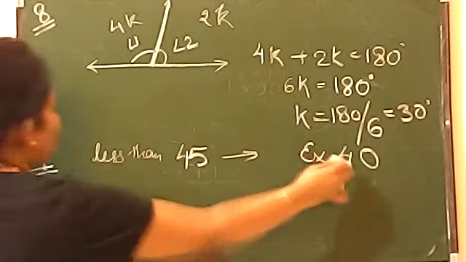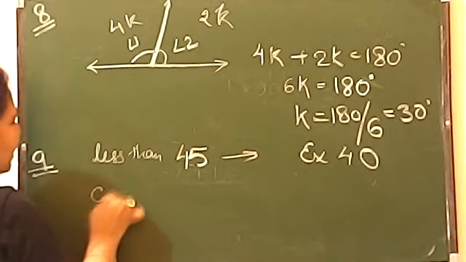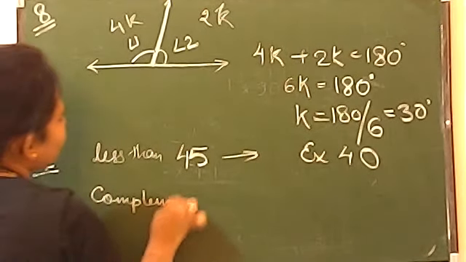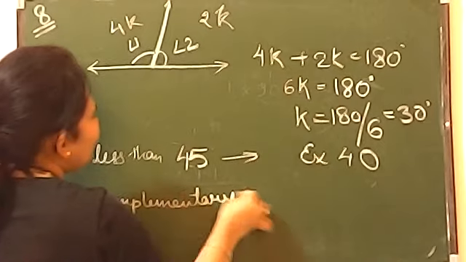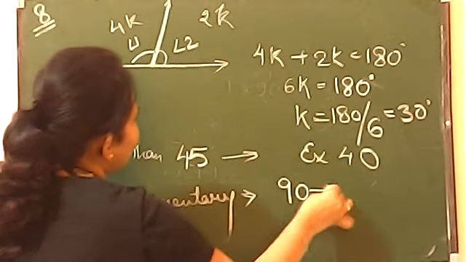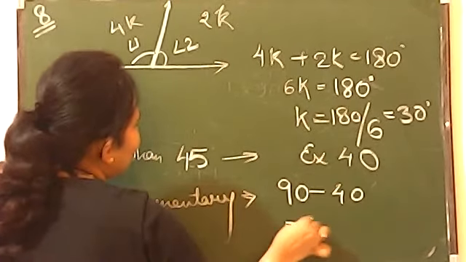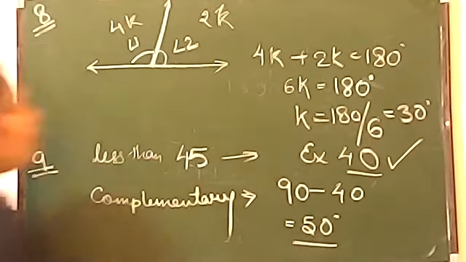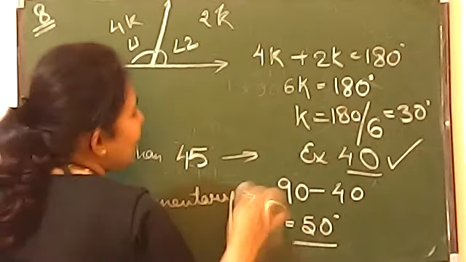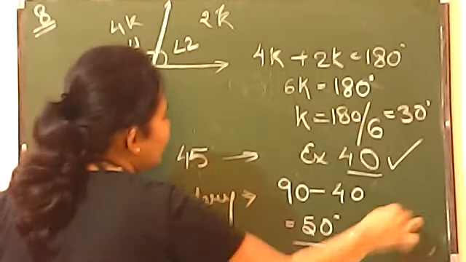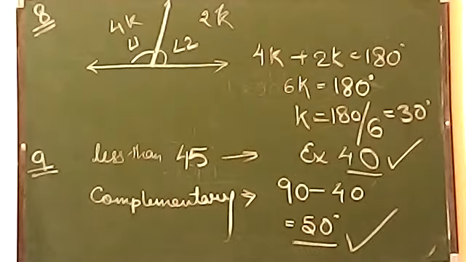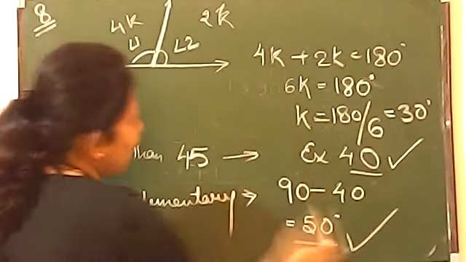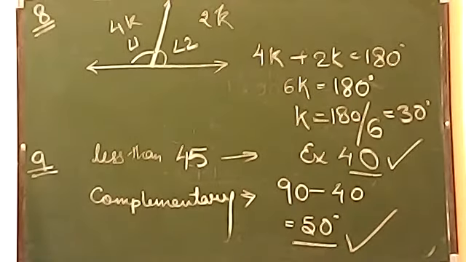So I am taking the example of 40 degrees. Now I am finding out its complementary. Now how to find out its complementary, beta? 90 minus 40. So 90 minus 40 is how much, beta? 50 degrees. So now see this. If you take one angle less than 45, it is sure that its complementary will be more than 45. And if you take this one as more than 45, the other will definitely be less than 45, because you have to make the balance of 90. So remember this pair always.